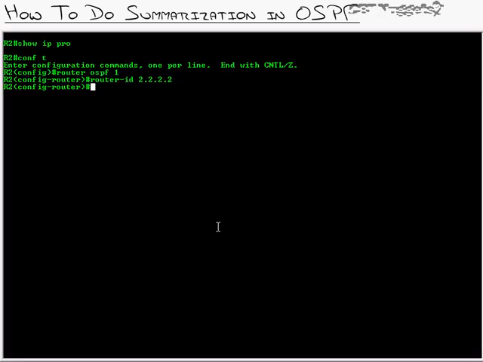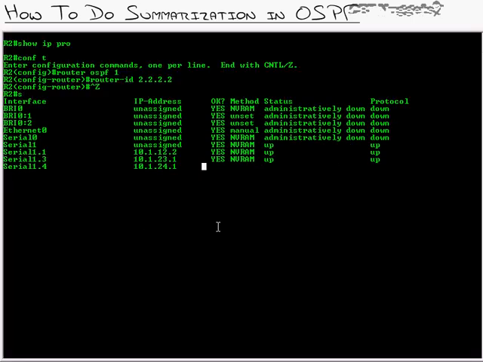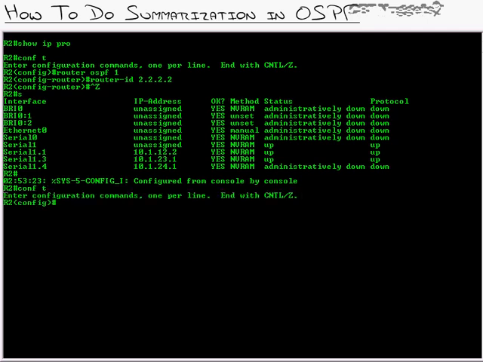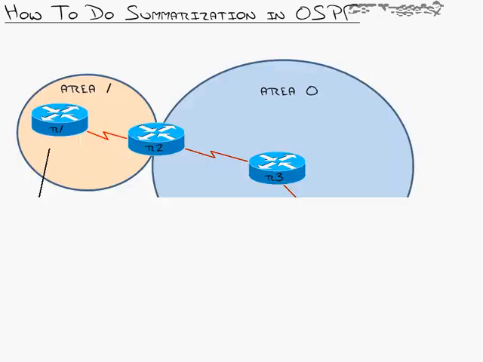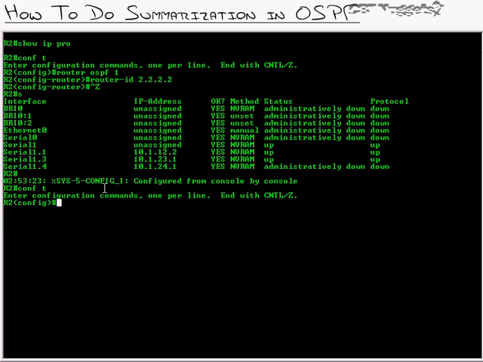IP addresses would have been handy. Let me jump back and do a show IP interface brief. And I can tell you that serial 1.1 is connected to router 1, and 1.3 goes to router 3. So this is area 1 and area 0. I did that on purpose. I get into router OSPF. I'll type in network